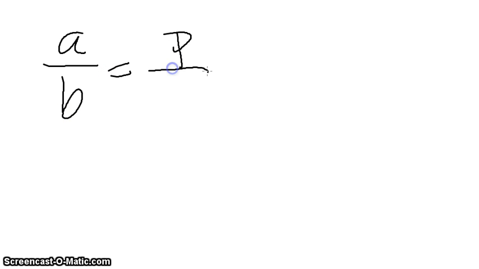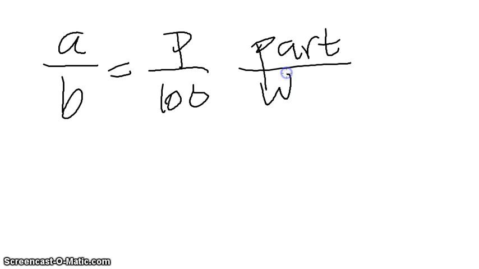Okay, here's a quick video on the proportional way to solve equations involving percentages. All right, so the basic equation is going to be the same every time, and in your book you're going to see it look like this. It's going to say A over B equals P over 100. The other way that you can think about this is the part over the whole